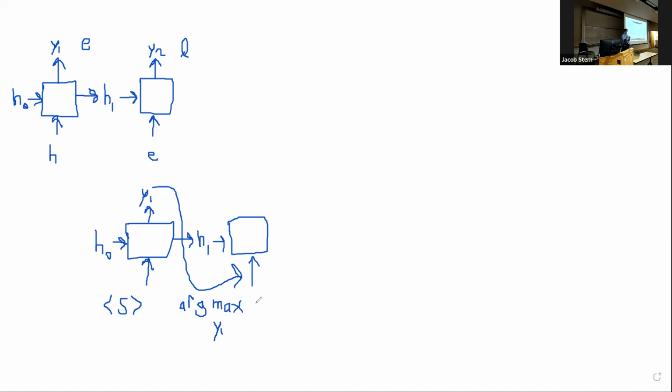I won't go very much farther into detail on this, but there are other options that are variations on both of these. There's one called beam search. Beam search basically is like argmax, but instead of taking the maximum value here, for a beam search of size 4, if we have 4 beams, it would take the 4 most probable predictions and pass them all into here, and then it would get new predictions, and then it would take the top 4